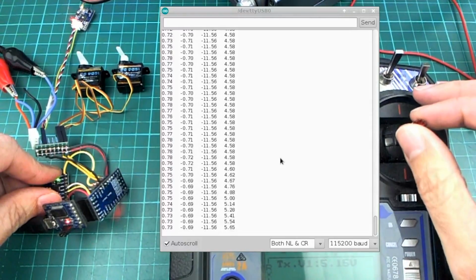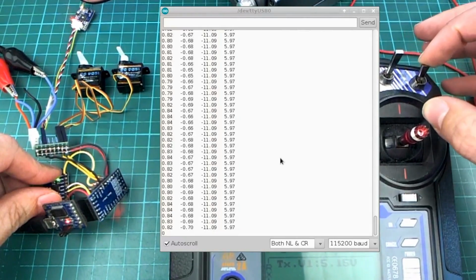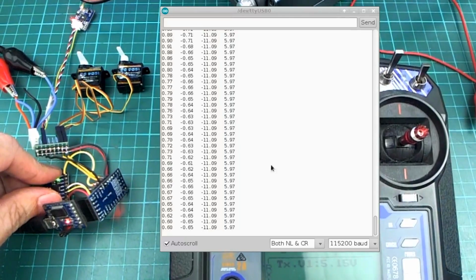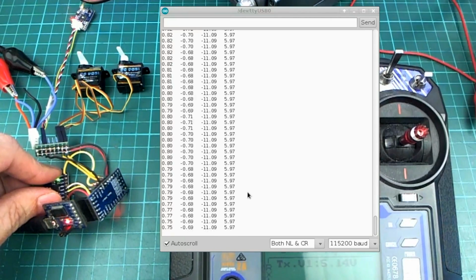So I can set it to that manually, whatever I want, and then I'll flip this switch down and you'll see a little line of text quickly disappear off the top of the screen, but you should be able to see it. And what that did is it wrote these two numbers here to the EEPROM, so that if I start this program again,